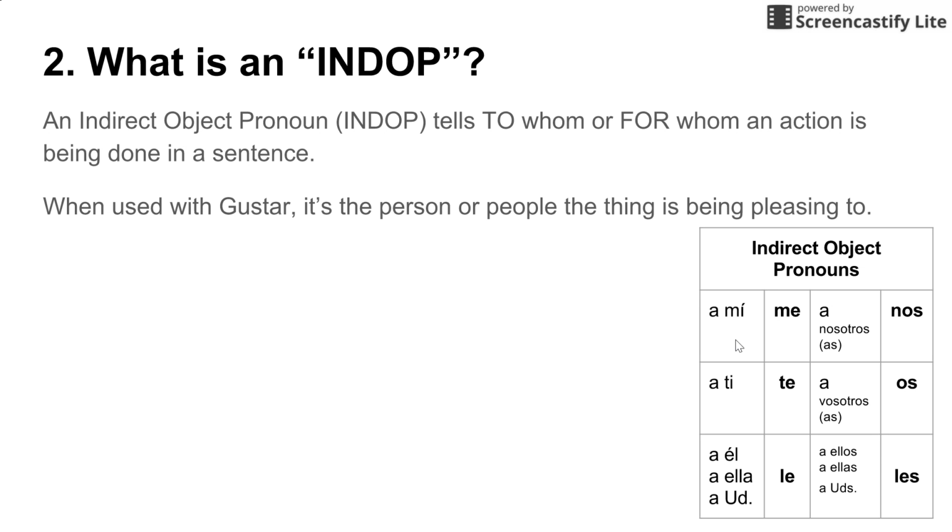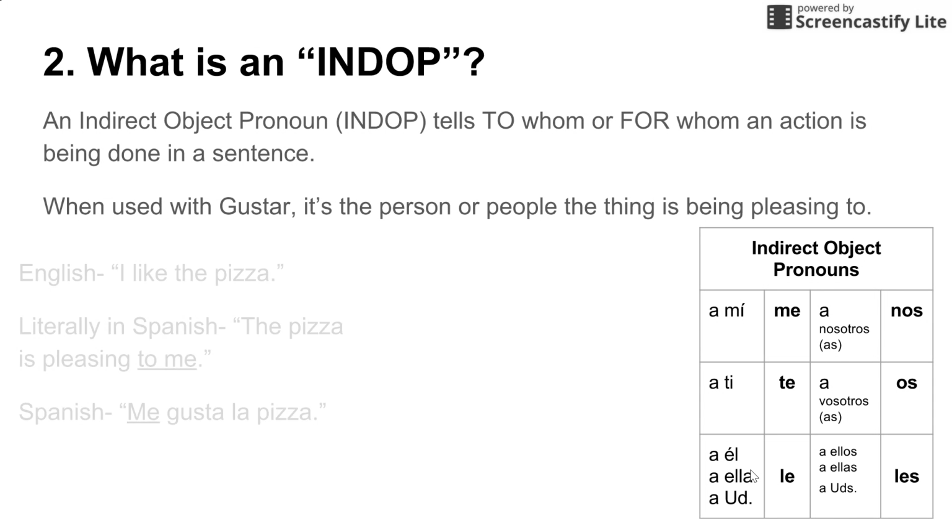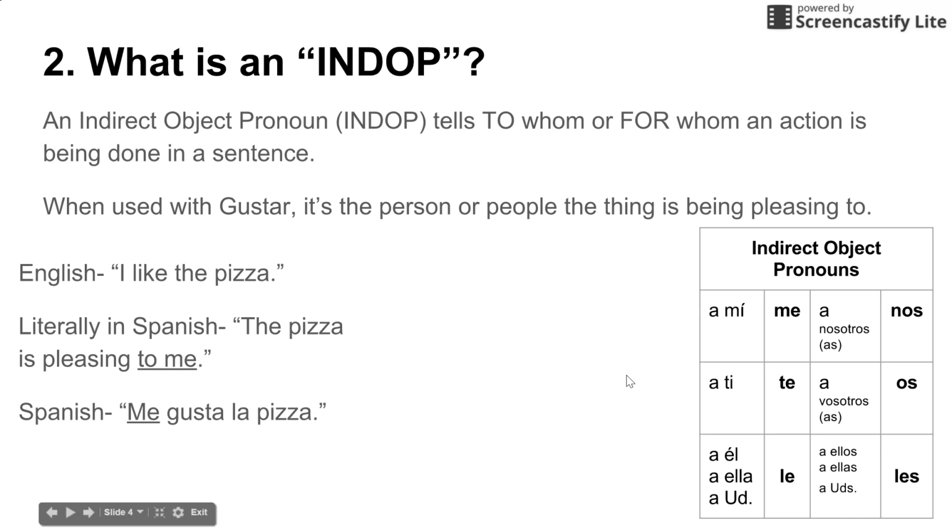So you can actually use me and a mí if you want, but we often just use me. And that's because we already know that me refers to a mí. So similar to where you can use yo, soy artística, or you can simply say soy artística. It's already understood. However, down here for the le and the les, it's similar to ellos and ellas and él and ella, where you might want to be specific the first time you're talking about a person or people and name them that way, using the a él and a ella afterwards.